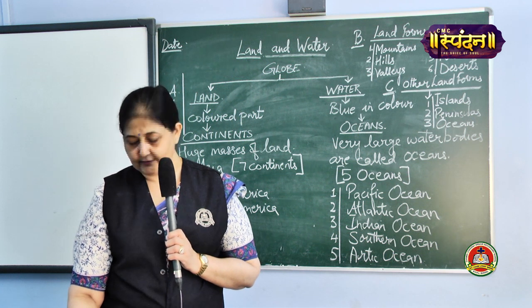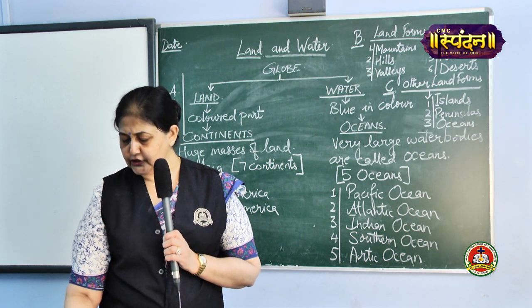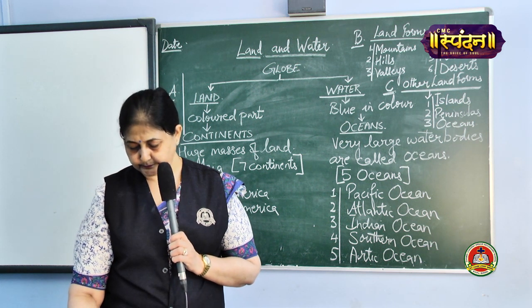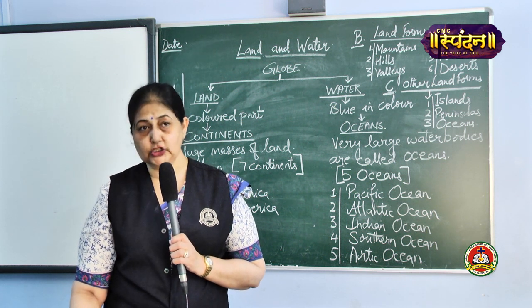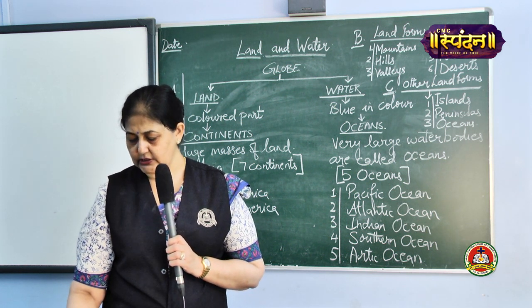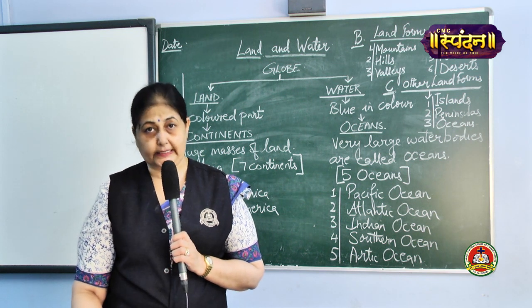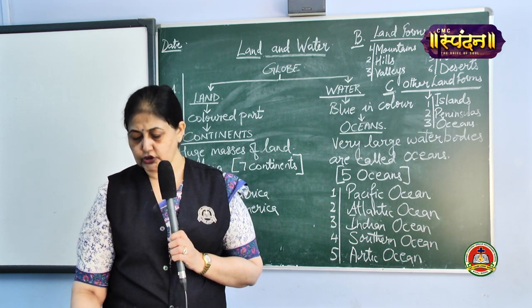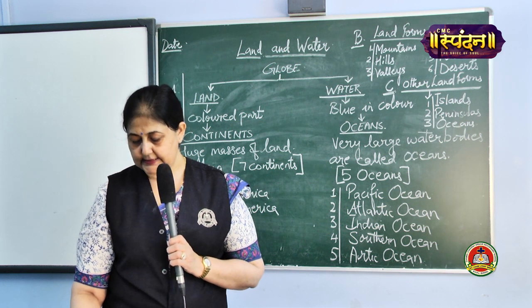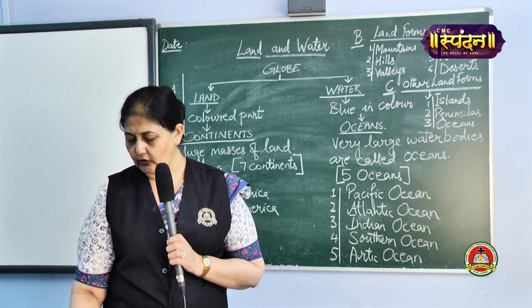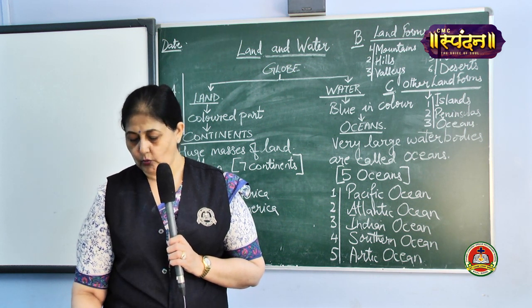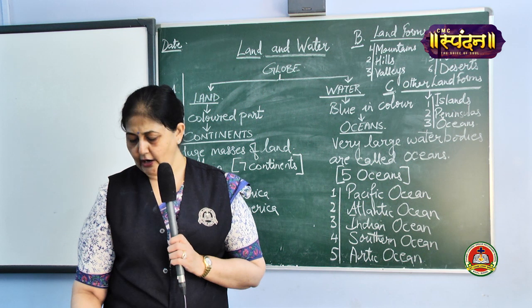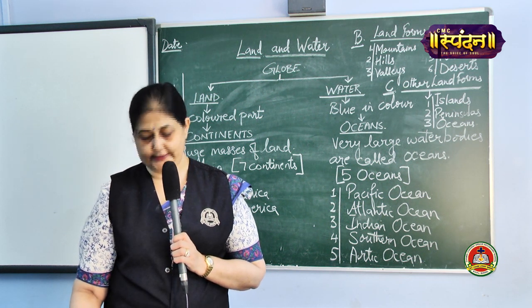Landform. What is landform? Different features of Earth's surface such as mountains or a valley. Mountains. What are mountains, children? High and tall, raised land masses on the earth. Peak. The top of a mountain. Hills. Highlands that are not as high and steep as mountains. Valley. A low area of land between mountains or hills.